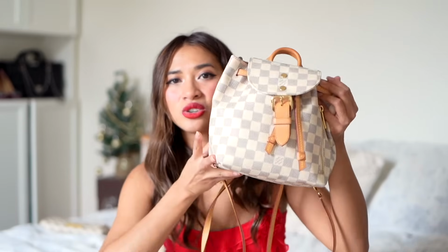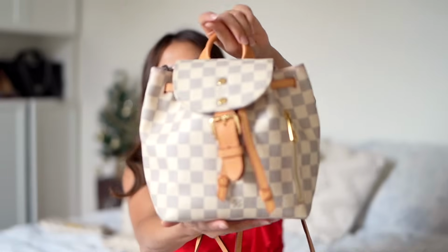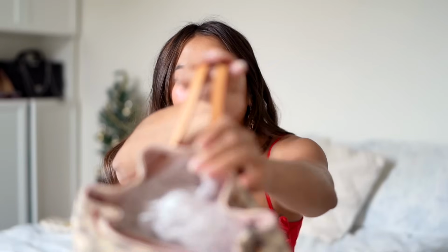I do love my backpacks, but this one is just not a backpack I'd reach for very often. It looks so cute though, doesn't it? This is a very similar size to the Louis Vuitton Palm Springs Mini, but it is in the Damier Azur version. The only thing is, this isn't really convertible into a crossbody, unlike the Palm Springs Mini. And I have noticed that this has actually been staining as well. You can see there's a bit of staining on top, and I just think that is from the red dye